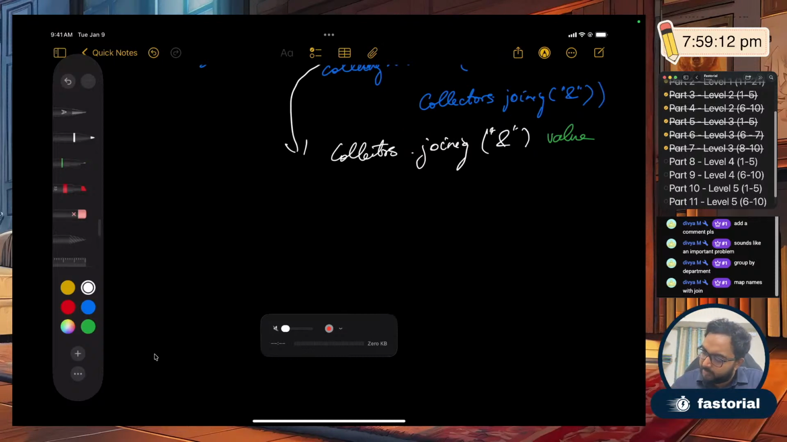Now that is the same thing which we are doing here, saying you will be collecting a list of employees for each group, right? For each group you will be collecting the list of employees, and on